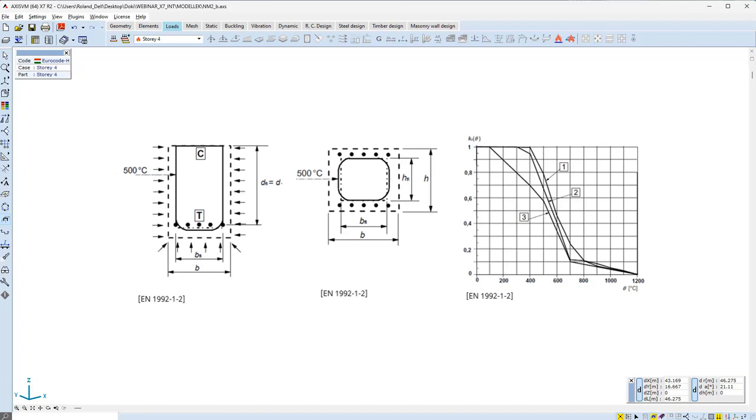The so-called 500 degrees Celsius isotherm method, a simplified calculation model, is implemented in AxisVM, where the damaged concrete with temperature exceeding 500 degrees Celsius is assumed not to contribute to the load-bearing capacity of the member, whilst the residual concrete cross-section retains its initial values of strength and modulus of elasticity. The strength and stiffness parameters of the steel material of the rebars are considered according to the temperature of each rebar separately.